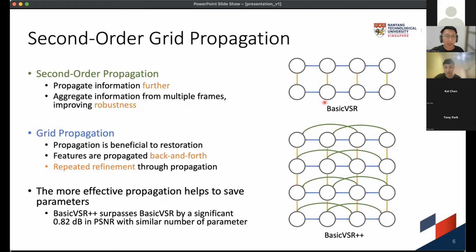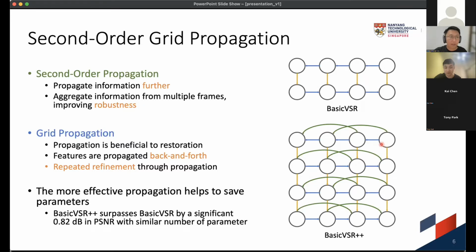But in BasicVSR++, we allow an additional connection, a second-order connection, realizing the second-order Markov chain. With this relaxation, information can be aggregated from different spatial-temporal locations, improving the robustness as well as the effectiveness in